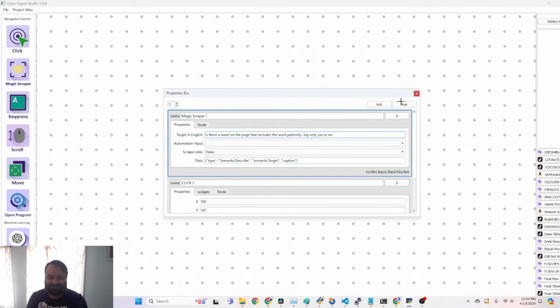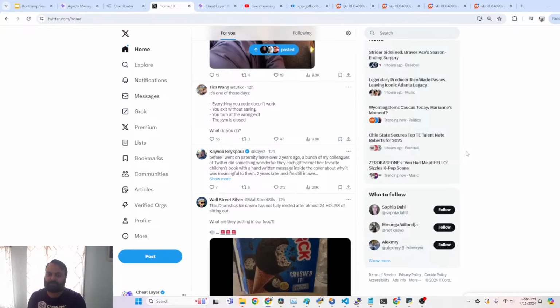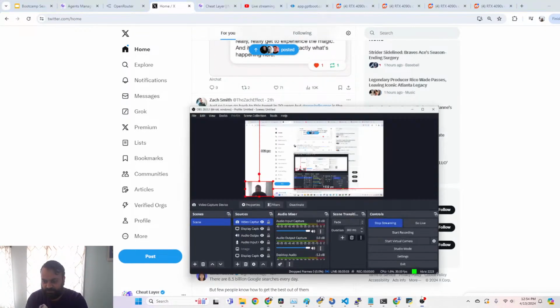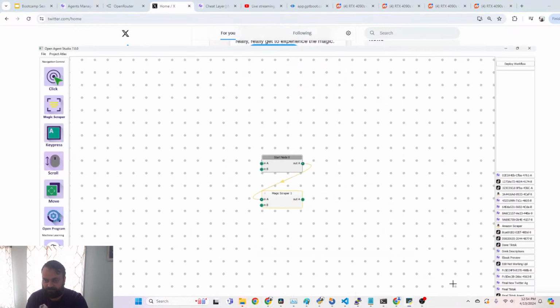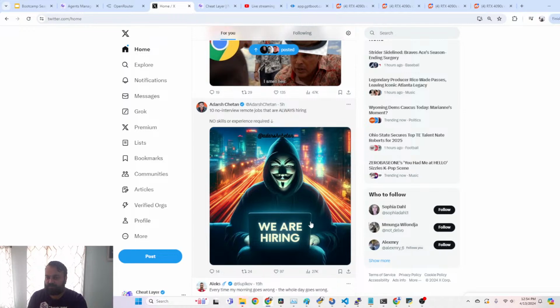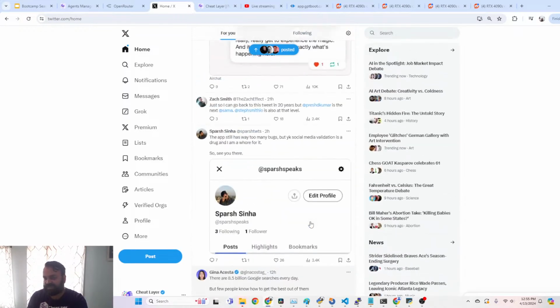All right, let's just try this and see what happens. It should work because there is a word that says paternity, and I didn't have an initial yes. In the top right-hand corner, hopefully you can see yes. Wait, hold on, let me make sure I'm streaming the top right-hand corner. Okay. Now let's scroll somewhere else, run this agent on another tweet, and make sure that it says no. Okay, no. So you can see that very quickly we've built this reasoning agent, but that was a simple thing. We just asked for a word.